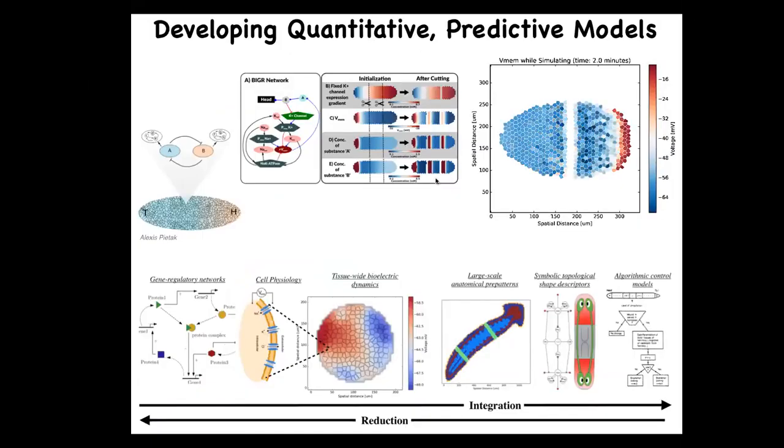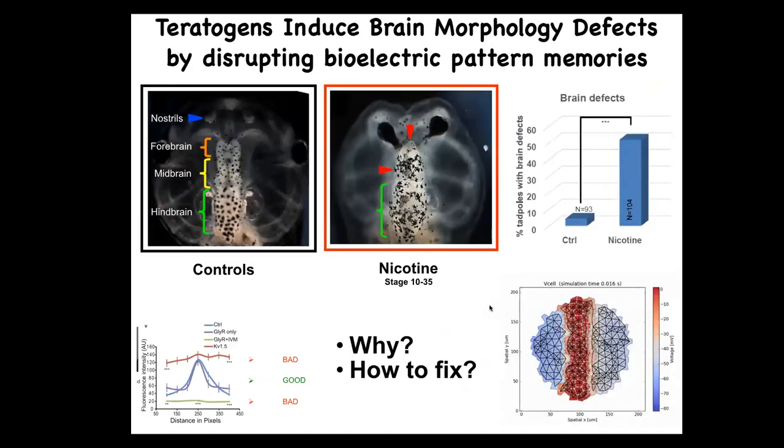This is why we're trying to make a full stack understanding all the way from the molecular genetics of where these channels come from, then the symmetry breaking self-organization computation that happens in these electrical tissues, these electrical networks, and then eventually a body level regionalization, and eventually algorithmic decision-making based on this bioelectrical information that we can then use to infer interventions. And so in the last couple of minutes, I just want to show you, I've shown you novel organ formation, I've shown you regeneration. I'm going to show you birth defects and cancer very quickly.